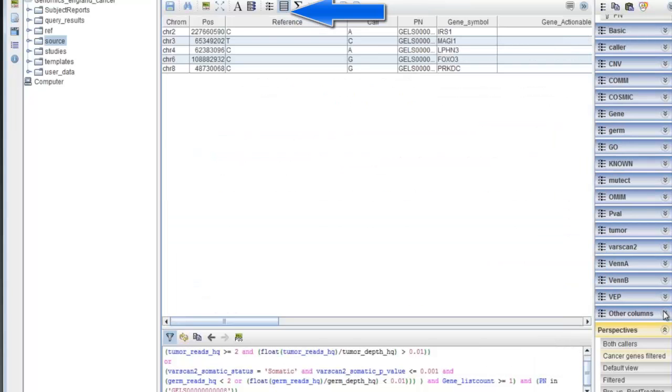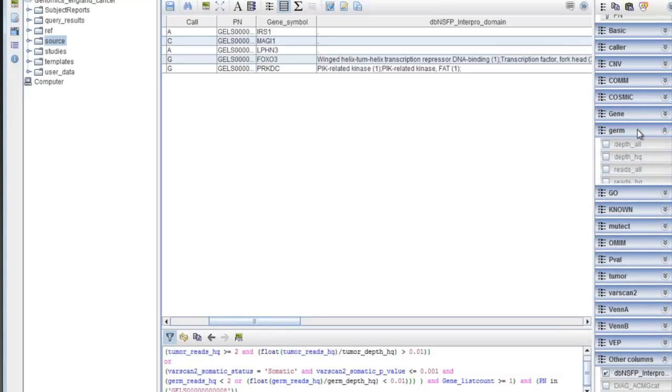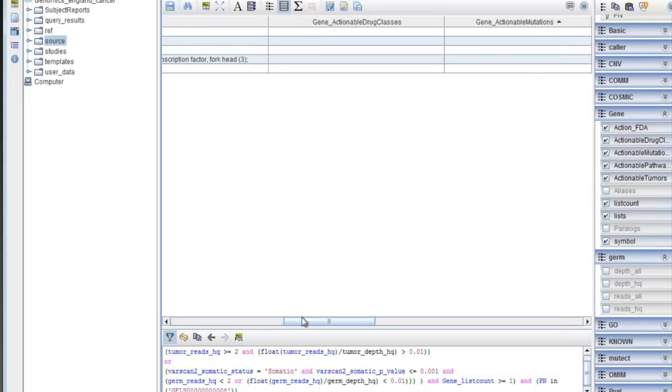You click on the Record View button to see the table view. These genes, we can see that 2 of these are mutations in functional domains. The FOXO3 gene has a mutation in the DNA binding domain, so we're likely looking at a loss of function mutation here. None of these genes are, however, actionable, but the most interesting gene we found was the mutation in